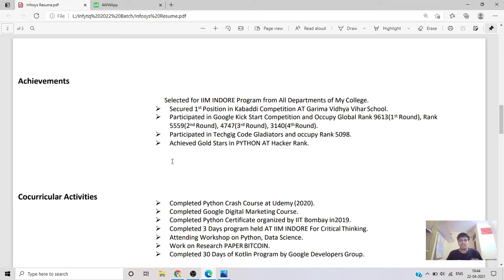Secured first position in the Kabaddi game competition. So these are some achievements that I made in my school time or in college. Okay, so you can also add some wonderful achievements, like you secured a particular rank